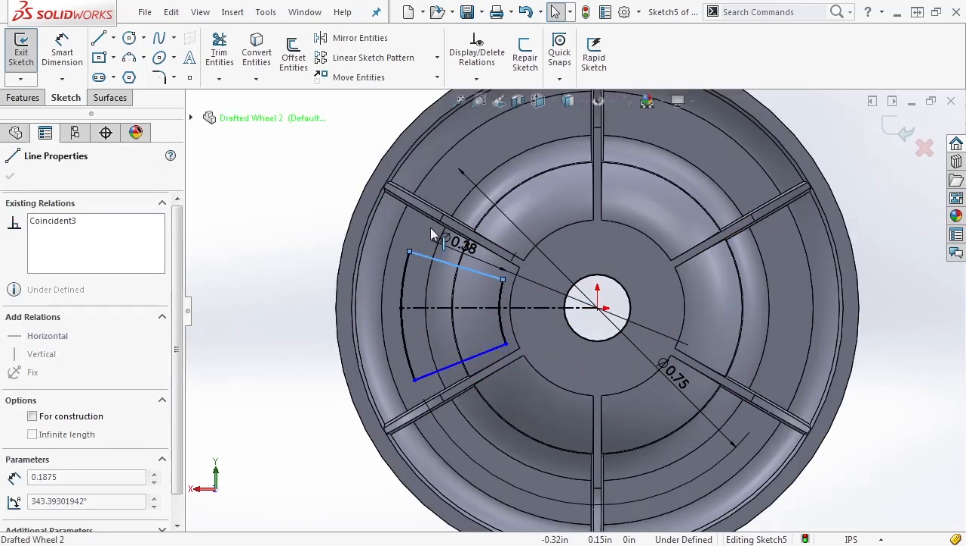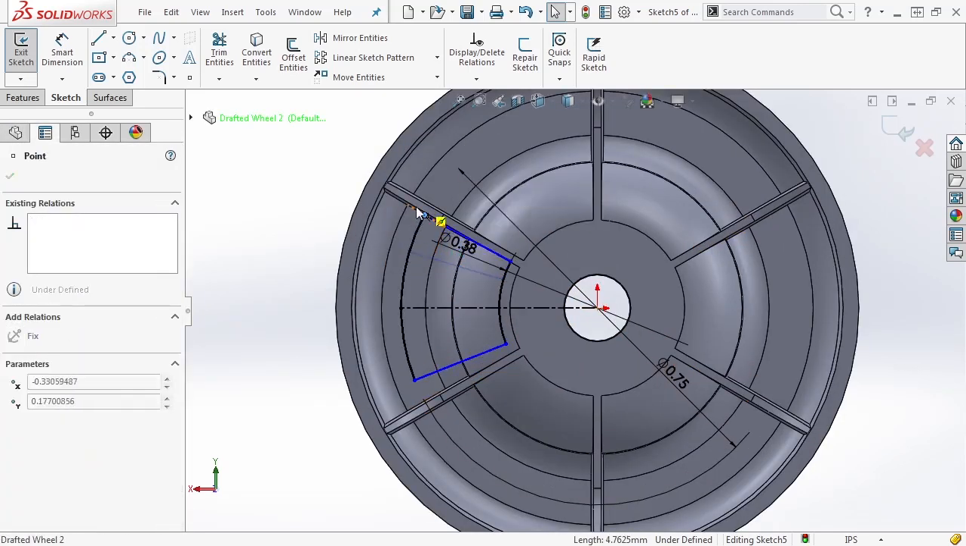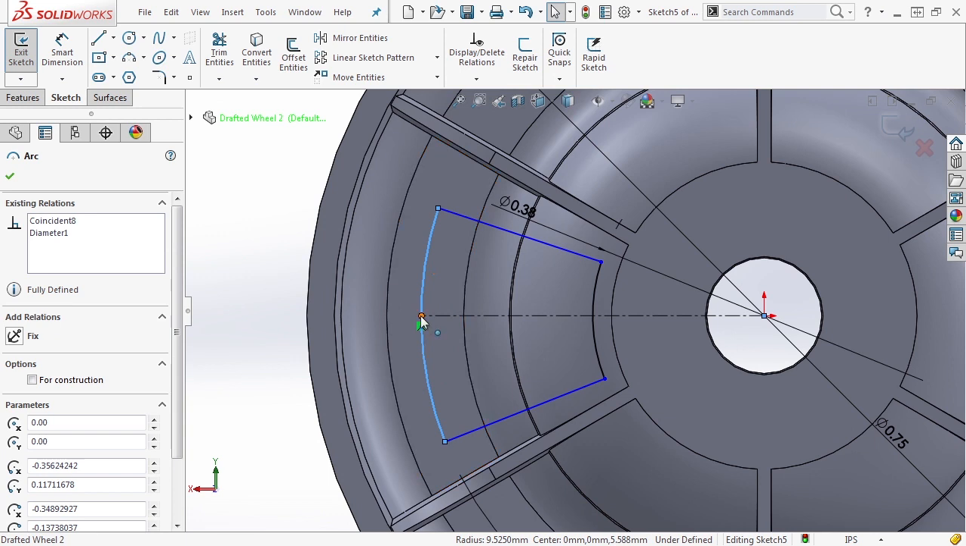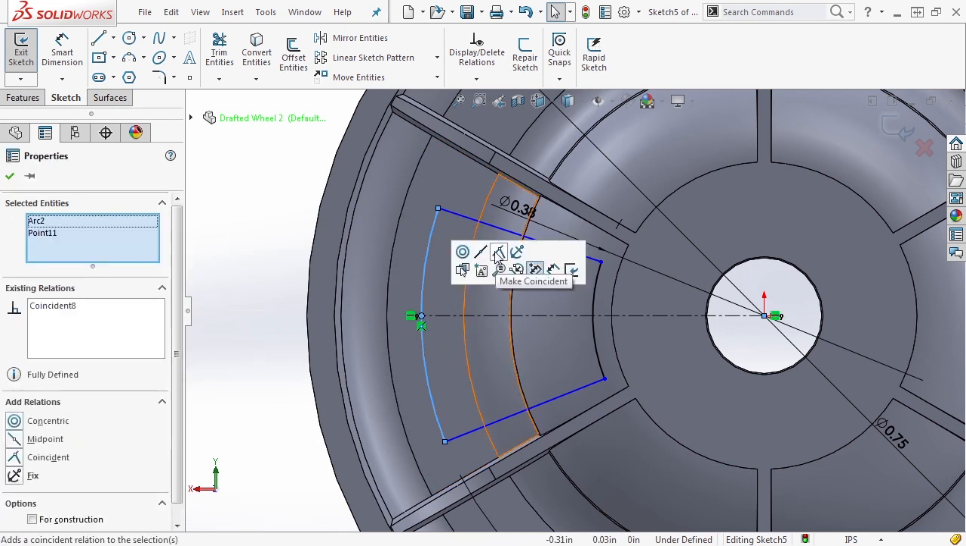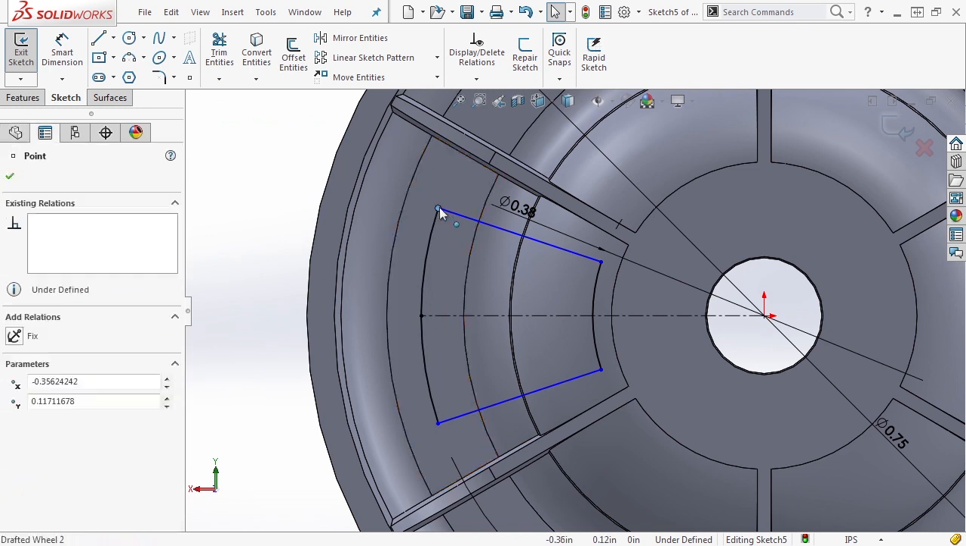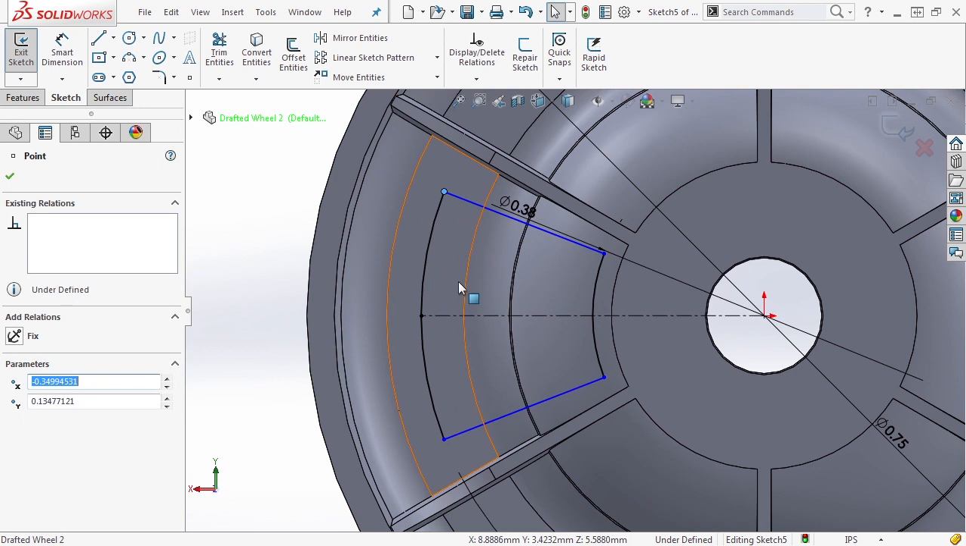But you'll notice that we still don't have it fully defined. Everything is blue on the top edge and the bottom edge, but the outer arc and the inner arc are both black. There are a couple ways that we can fully define this. The first of which is by selecting the arc, control selecting the endpoint for our line, and adding a midpoint relation. What this midpoint relation does is it makes sure that the upper and lower edges are equal. That means we only have to add an angle dimension to one of them,